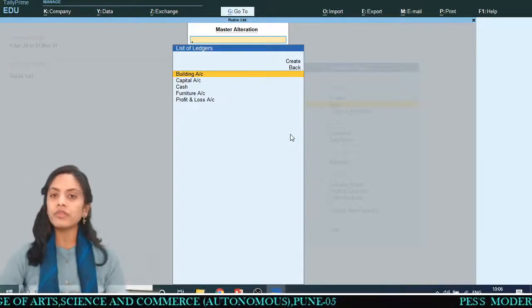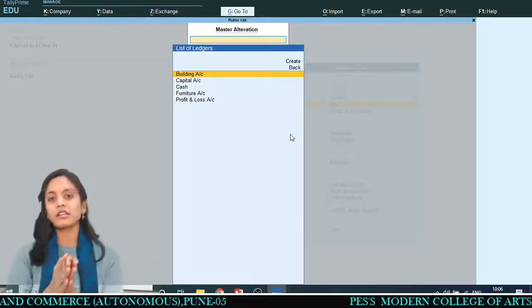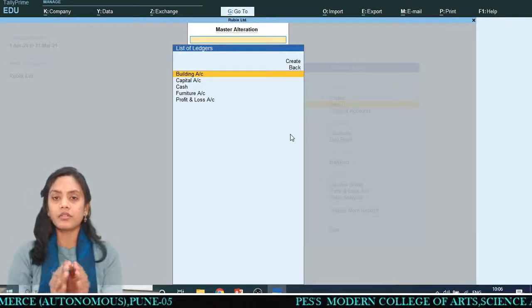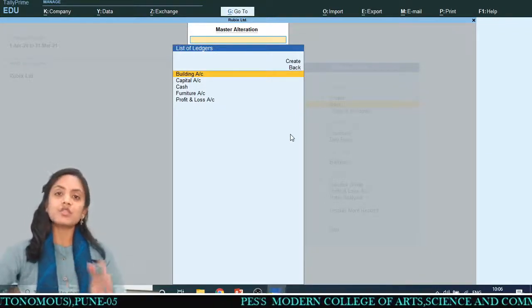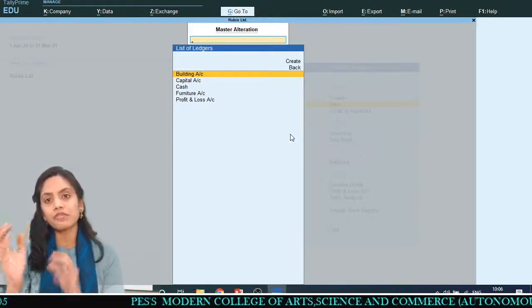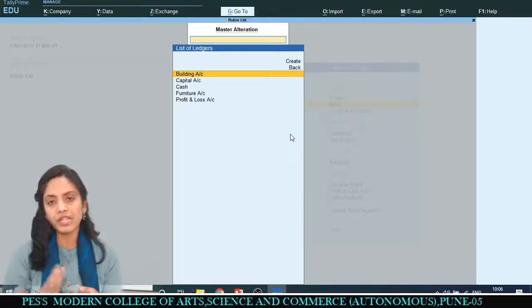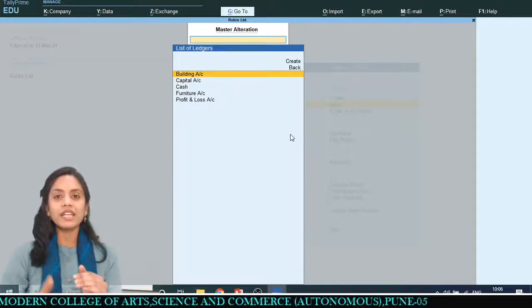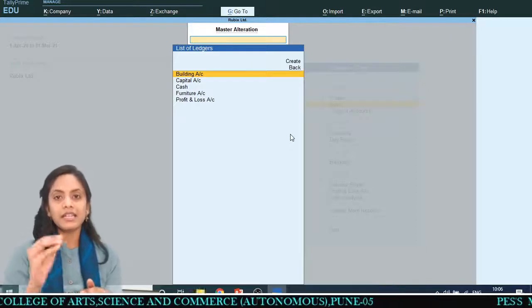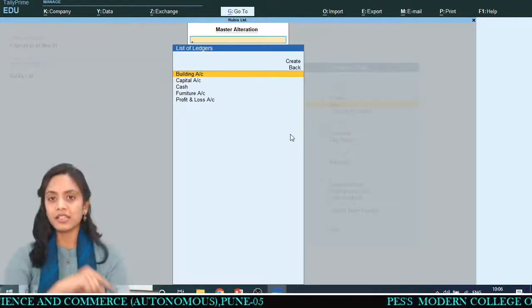Now we will move to the next transaction. I am focusing in this session only on creating ledgers. Once we create the ledgers, we will go in the next chapter to voucher entry: what the vouchers are and how to do voucher entry. Now we are going to create the next ledgers, and for that purpose I just have to see the next transaction.